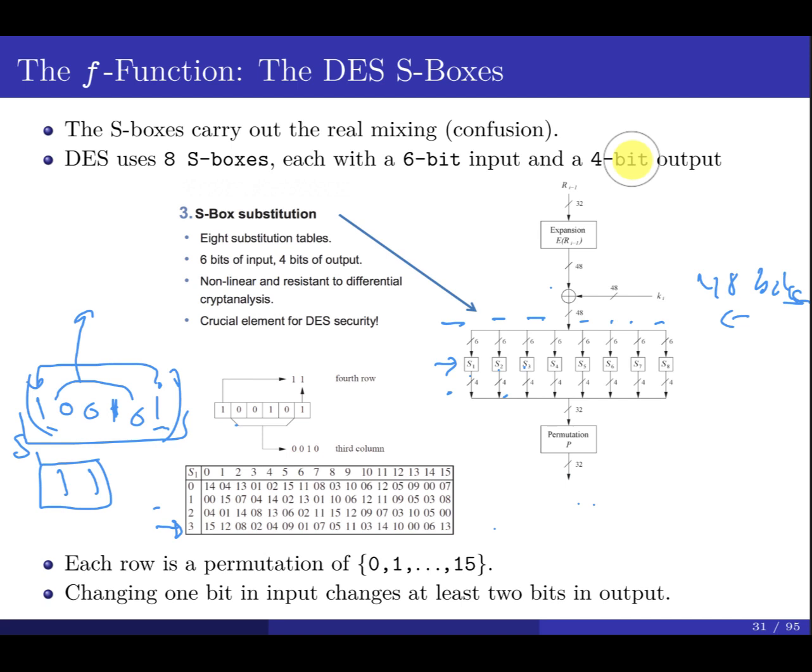So we have 0, 1, 0, 0. This is the binary. How can you put this in decimal? What's the value? It's going to be 2. So go to column number 2. The intersection between row 3 and column 2 is going to give me what? 08. Right? So the result of S1 for 1, 0, 0, 1, 0, 1 is equal to the value,